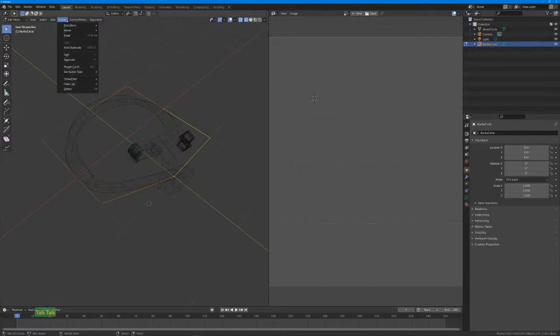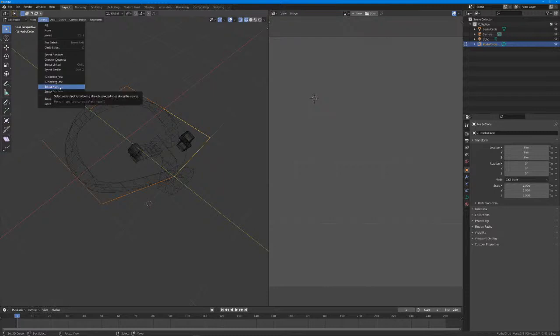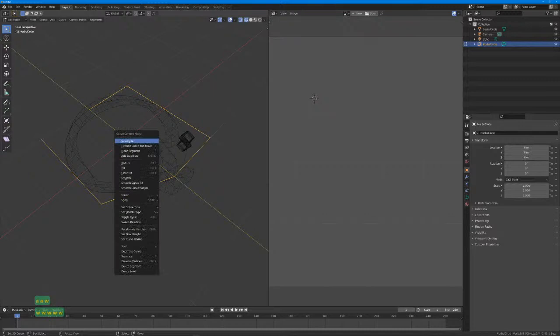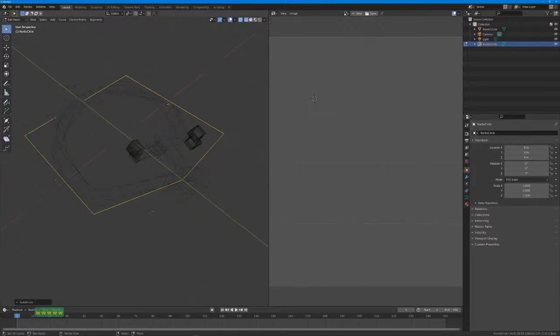So curve, next is they have an X and a P, so we already had that. Anyway, so we'll select a point on this. Maybe subdivide it a little bit. The W, yeah, definitely the W menu on curves, and then